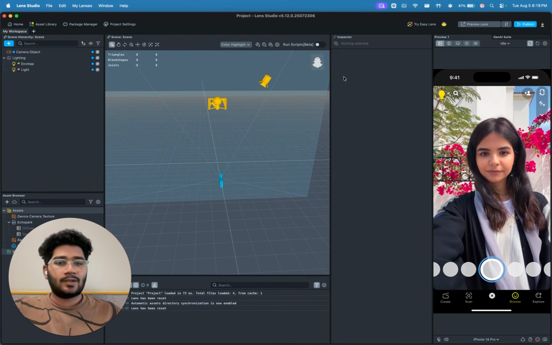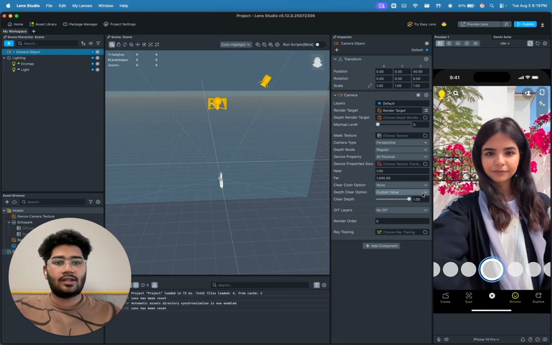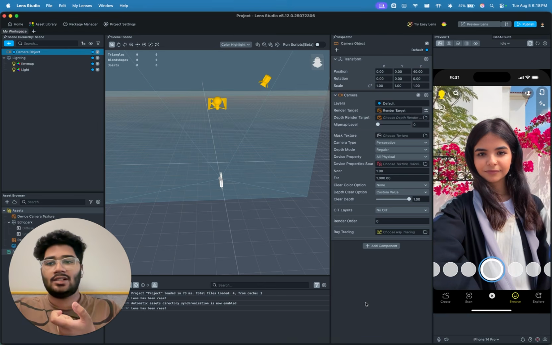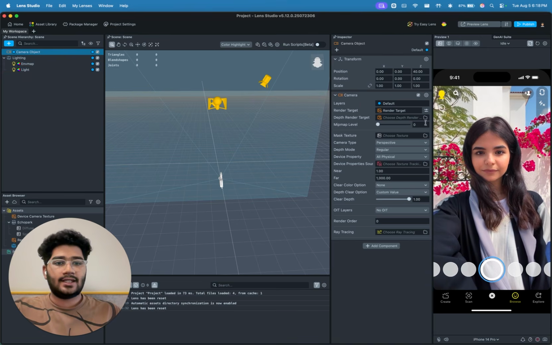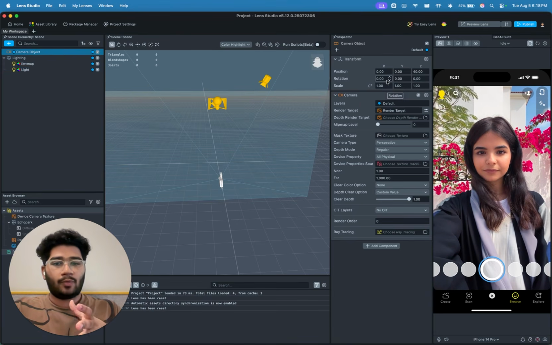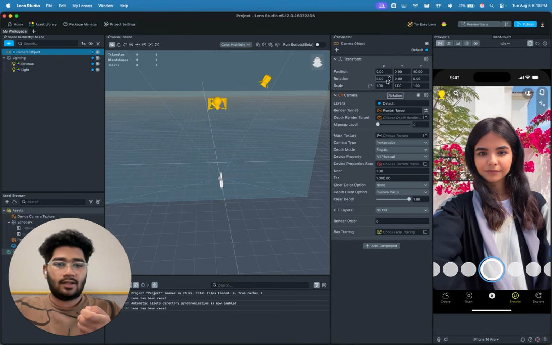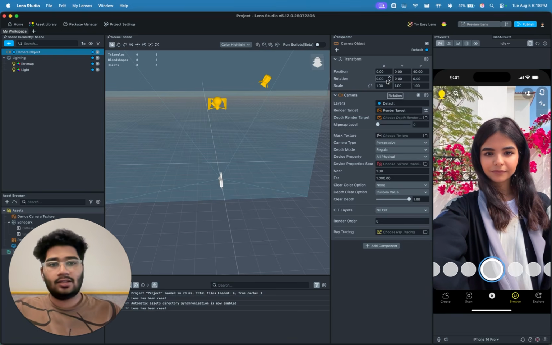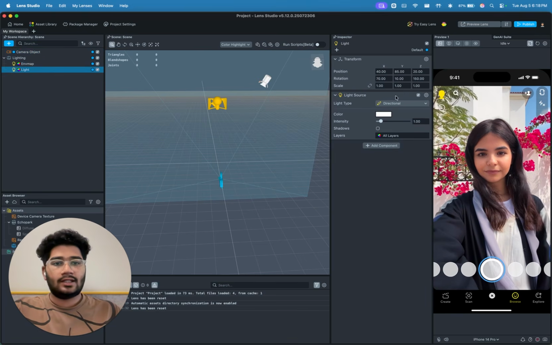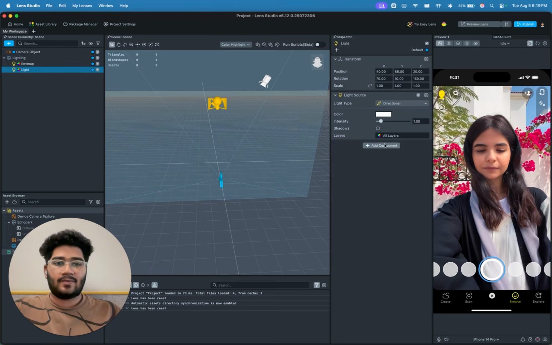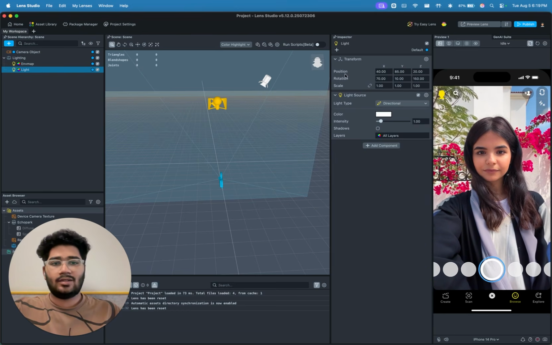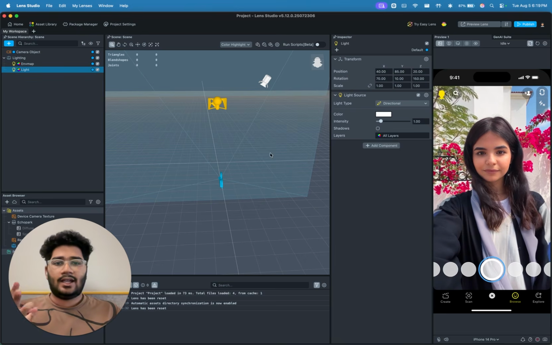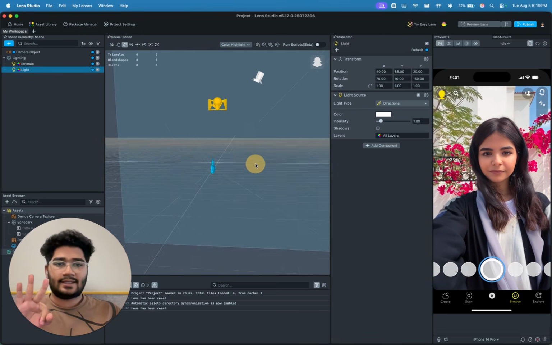Now, the inspector panel is nothing else but the properties of each individual item, right? So if I click on the camera object, you'll see I have some properties particular to the camera object here. If I click on the light, I have some properties for the light panel, right? One thing you'll see common is the transform panel. This is basically just position, rotation, and scale across the three axes X, Y, and